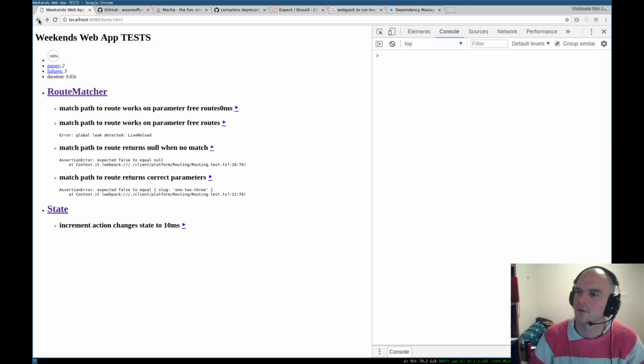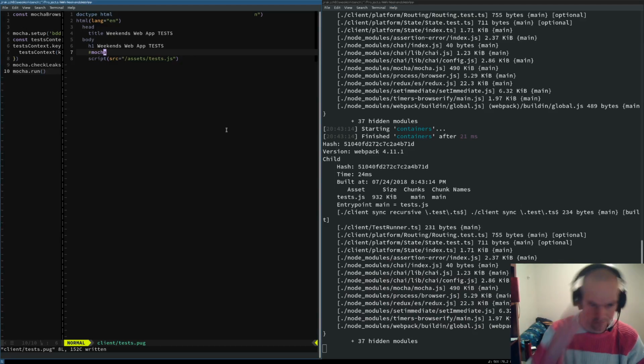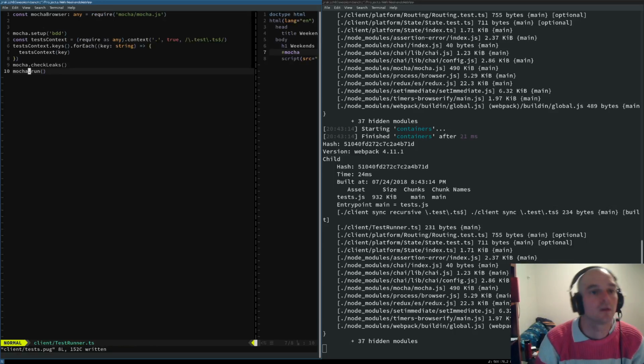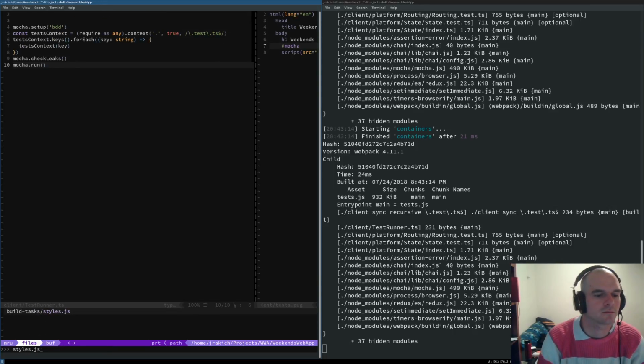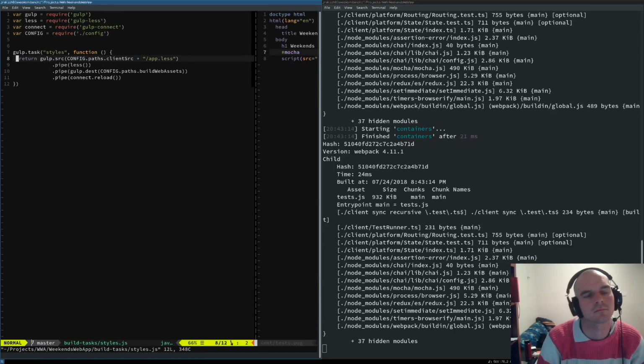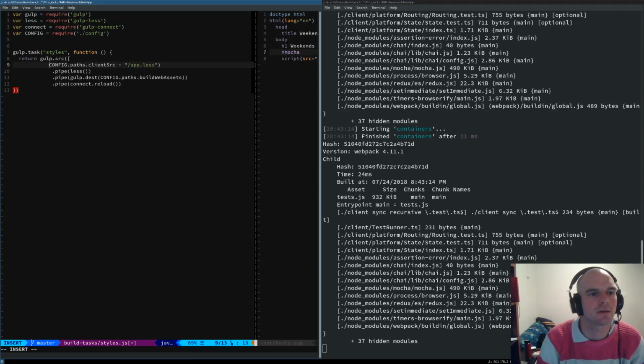So yeah, great. Let's get the CSS in there. Right. Okay, so we've got this fella here, and then we output it somewhere else. Now let's see if we can add our Mocha CSS.